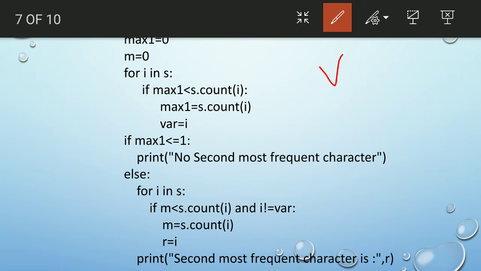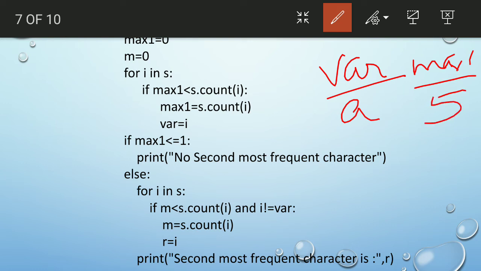So var contains your a and max1 contains your 5, that is the maximum frequent character occurred. But we don't want the first maximum character, we want the second most frequent character occurring. So for that we need to go for this one.